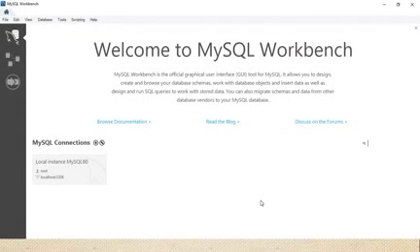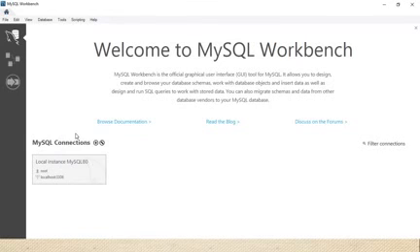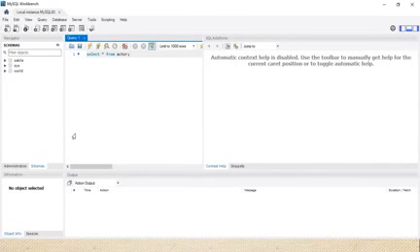So this is what we require to design the databases. So click on that. So it will not ask for the password. Why? Because मैंने password save करके रखा है. Directly workbench open हो जाएगा. So don't worry about that. Okay. So edit connection. Don't worry. Click on the open. So see directly open हो गया है. So अगर password save नहीं है तो it will ask for the password.